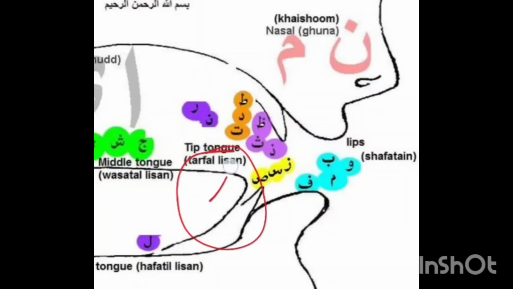So take the tip of your tongue and place it here in the top area of your upper front teeth. So this is how you're going to place your tongue to be able to pronounce these letters. So let's try one by one pronouncing these letters. Let's start with the first letter. Repeat after me. Ta, ta, ta. Now the second letter. Dal, dal,